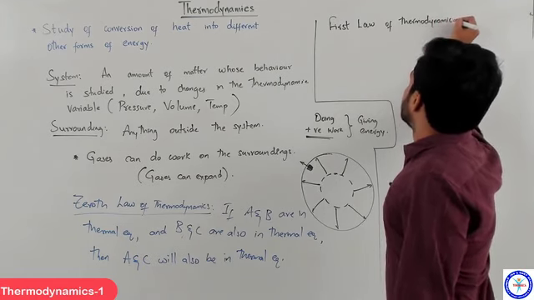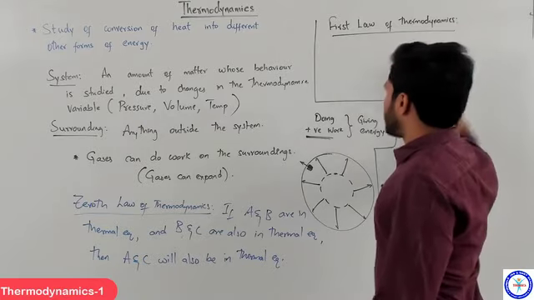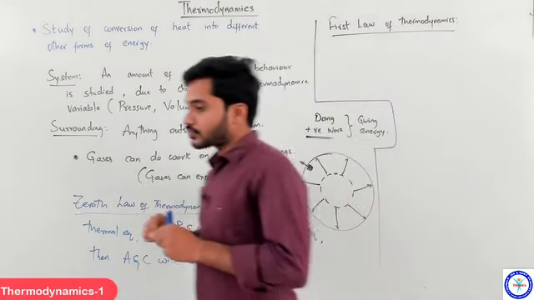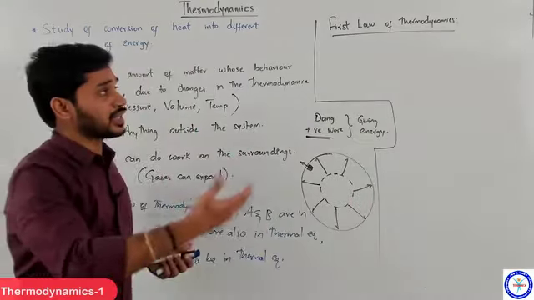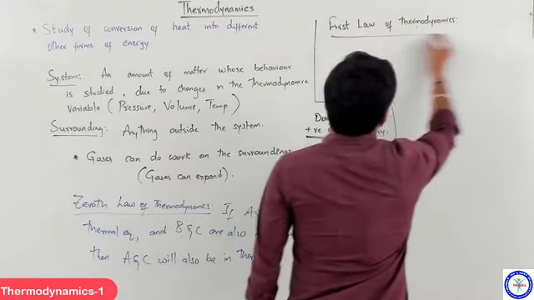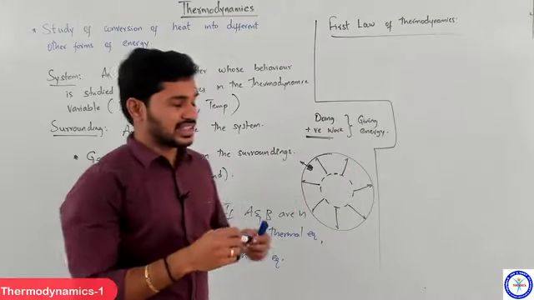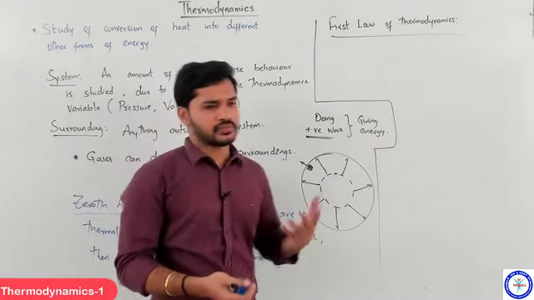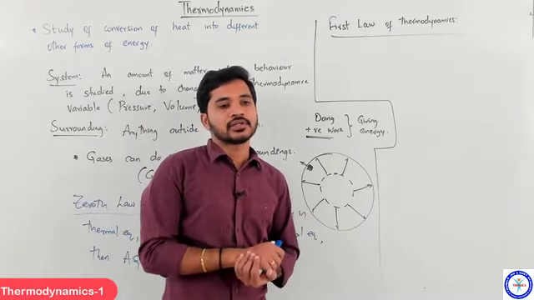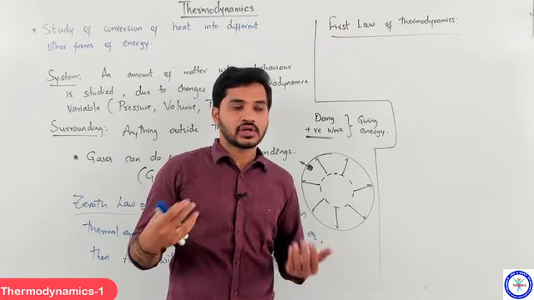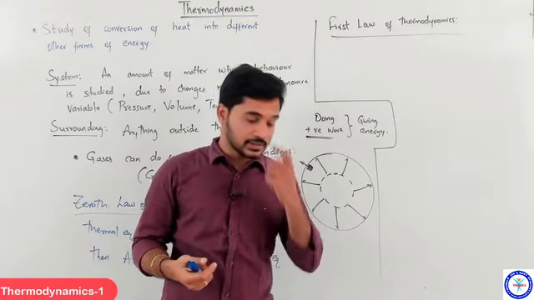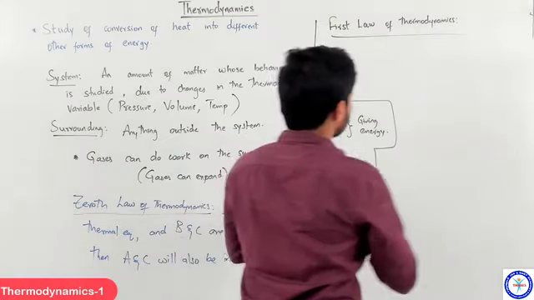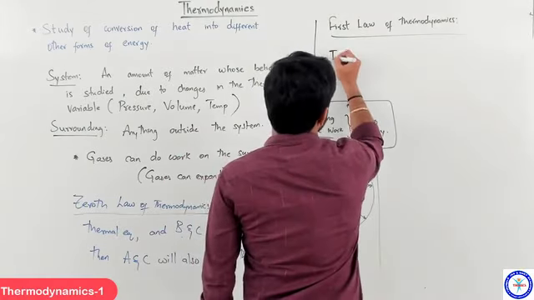Okay, so the first law of thermodynamics basically states, let me explain that for a gas, that whenever heat is supplied to a particular system, be it solid, liquid or gas, what happens to that energy? How is the system utilizing that energy? We can state it in this manner: